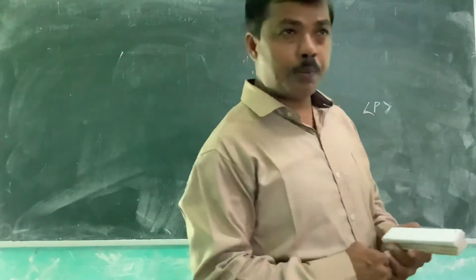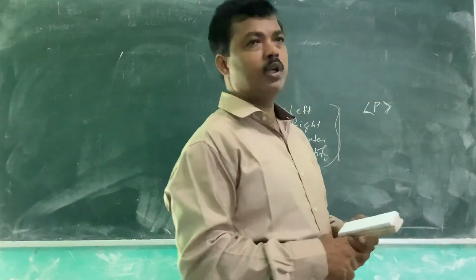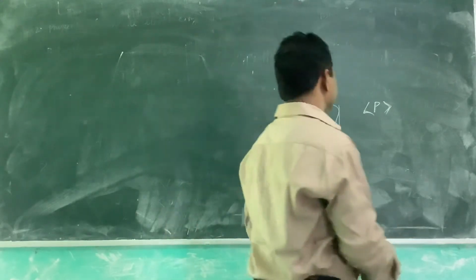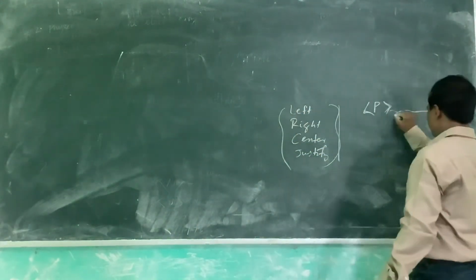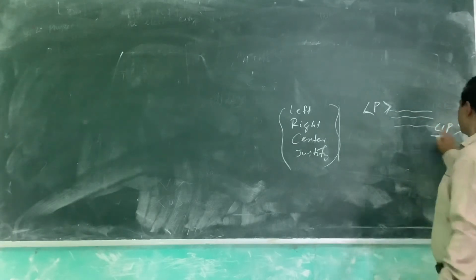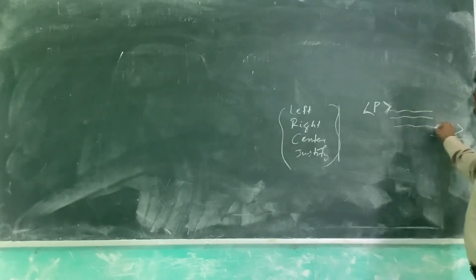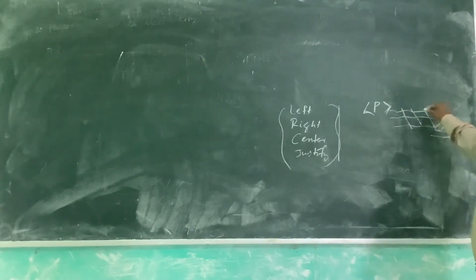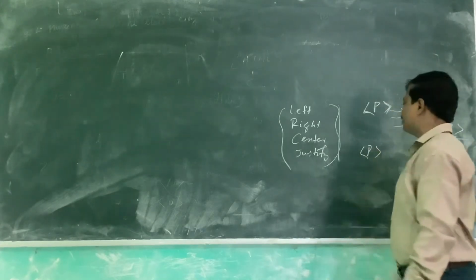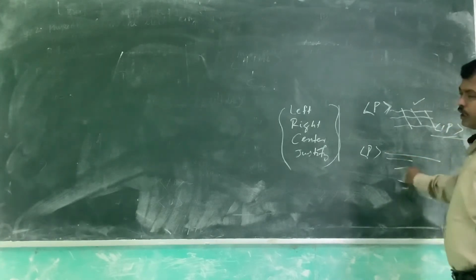So to create a new paragraph, you have to use the P tag, and this is also a paired tag. That means if you close the paragraph tag here, then these 3 lines will be considered one paragraph. And if you start P here, then that means another paragraph will be created.